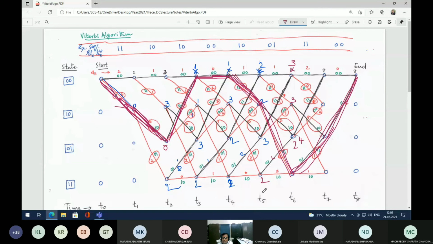Please remember, whichever is minimum, you have to go that path. So what is the path now? This is 1. No, I think this one. What is the path? This is not correct. After 2, what is that path? So this, and then this, and then this. This is the path. Okay, so go in the lowest distance path to get back your original transmitted signal.